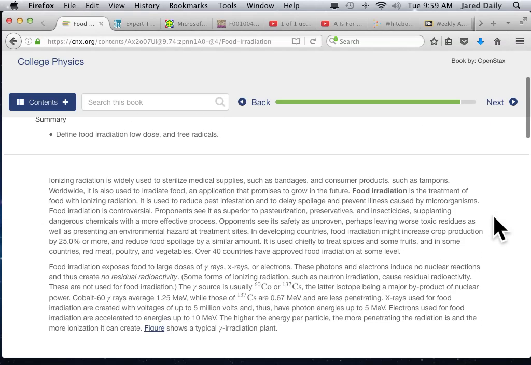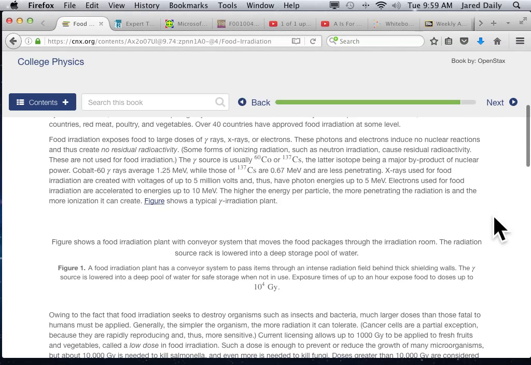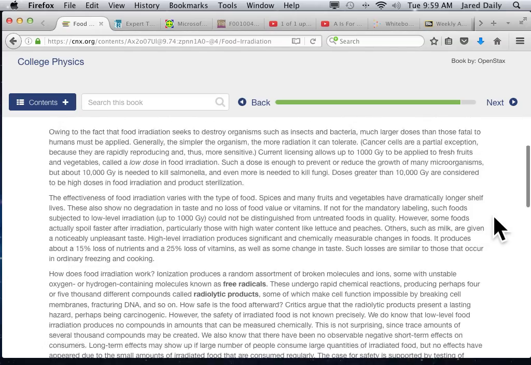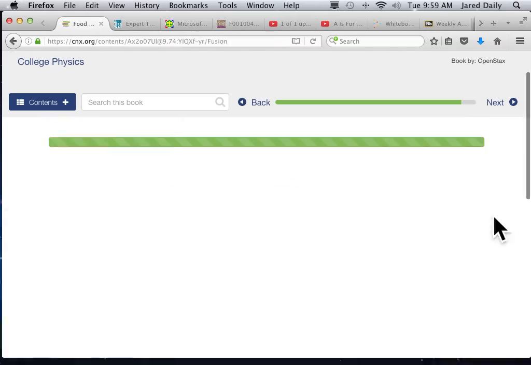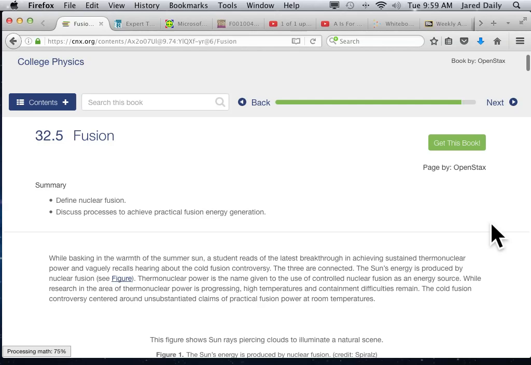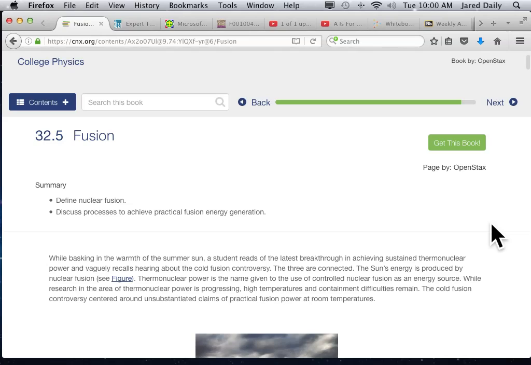Food radiation, free radicals. So we also use radiation to kill off bacteria in foods. They also use radiation to kill off bacteria and viruses, I guess. It's used all the time in the food industry. The thing that people kind of freak out about